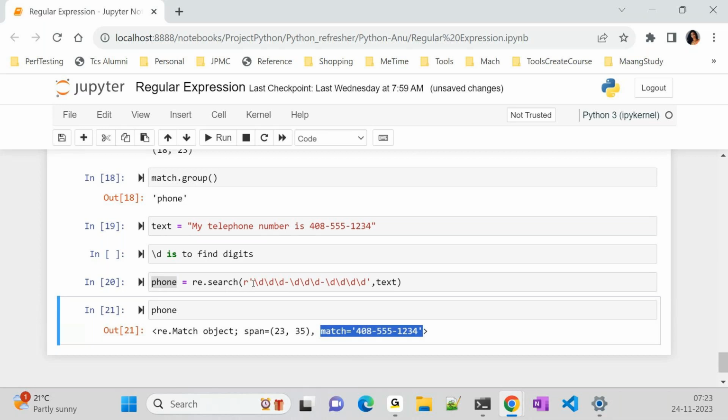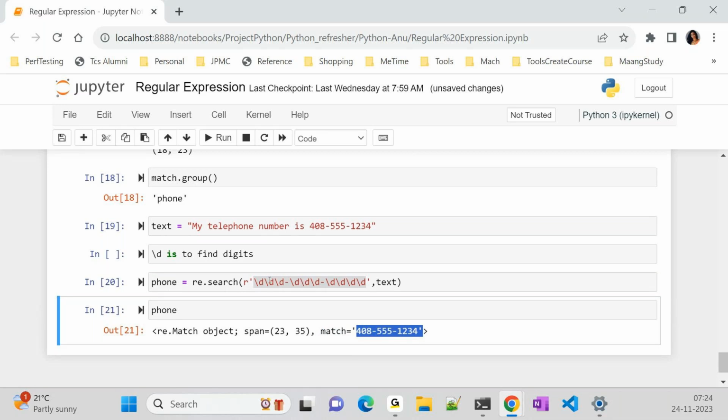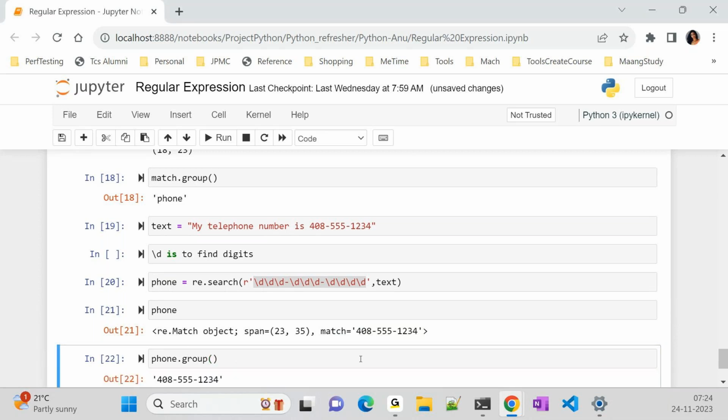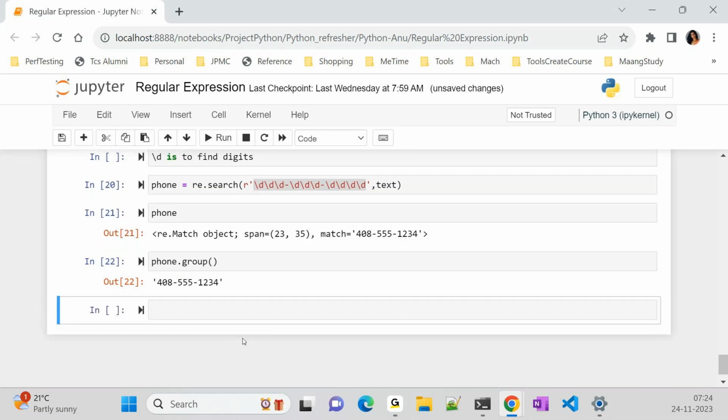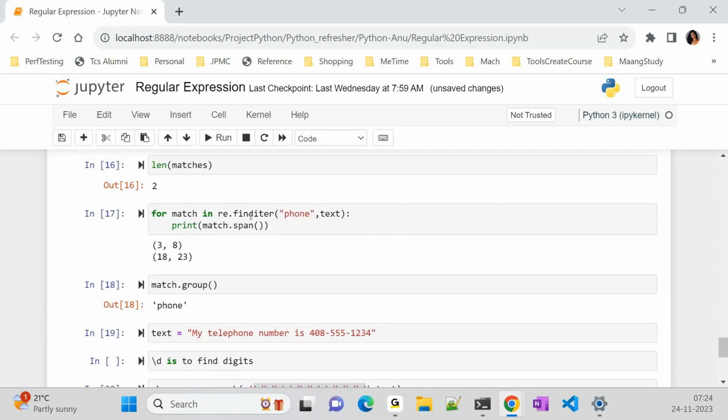Here, while giving a pattern, I do not know what the output number is going to be, because I'm just saying any digit. So I can print only the output. If you want to find all the phone numbers in a given document, you can go for this. It is going to give you all the phone numbers. Since search gives you only the first occurrence, you can go for this. And instead of printing the span, you can print something like match.span, and then